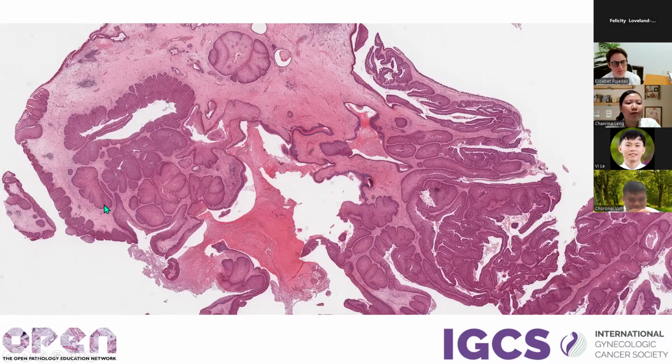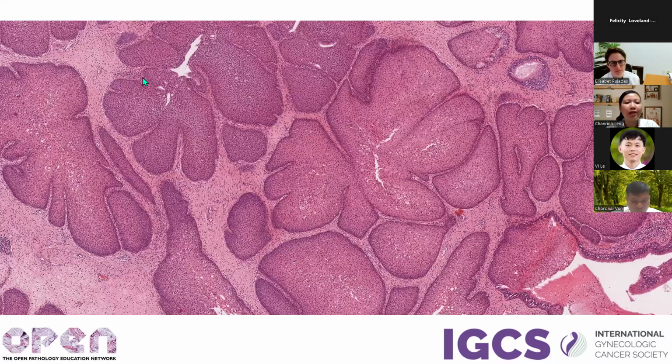There are also some nests with a lobulated pattern embedded in the fibrous stromal background. At closer examination, the tumor is composed of squamous epithelium, the border is well circumscribed, and there is no